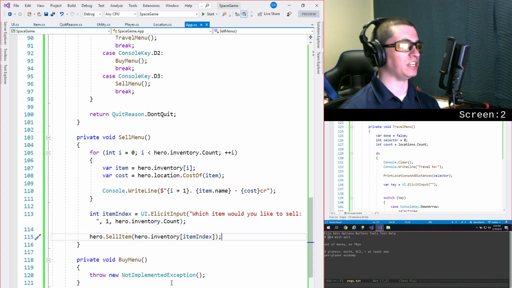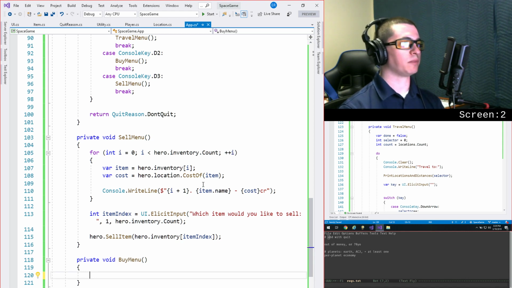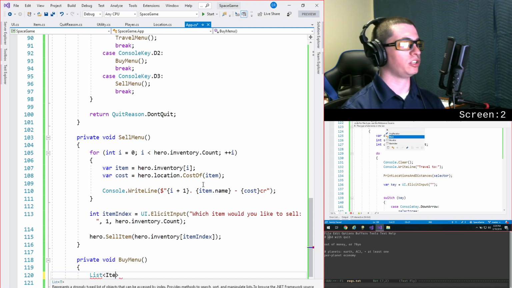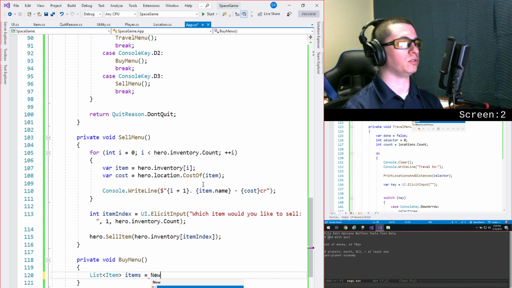Okay, so we've still not done buy menu. We can say with some degree of accuracy what will happen here. Let's just say for the sake of argument that we want to print out all of the things that each location sells. And I'm going to say again for the sake of argument here that we only have one item that we can buy anywhere, and that item is going to be space beer, because why not? So we will say we have a list of items. And what I'm really doing here is modeling what I will be putting into the locations class. We have a list of items, which is going to be equal to a new list of items,